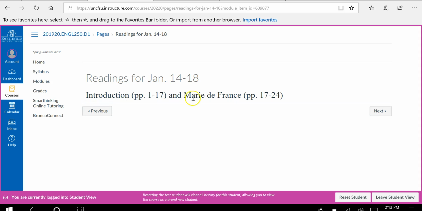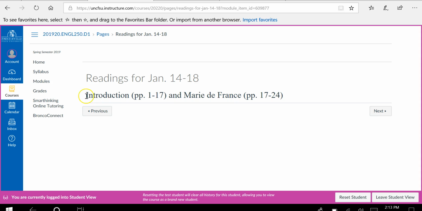Now, these are in the Norton Anthology of Literature by Women, okay? That is available in the bookstore. You will not be able to complete your work for this course without that textbook. It's a 2-volume, 2-set textbook. You'll need both volumes, and it is available, like I said, for you in the bookstore, so make sure you